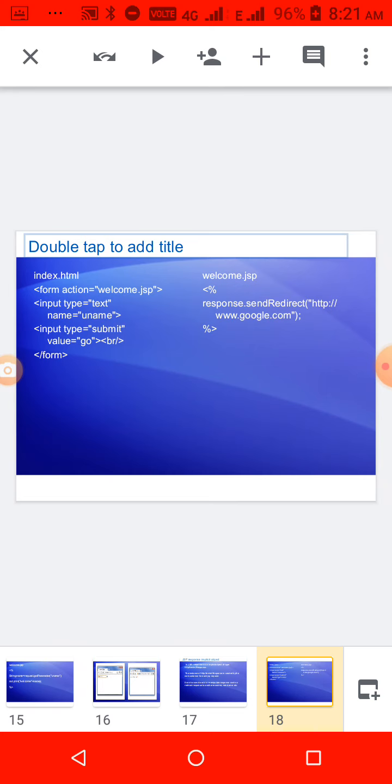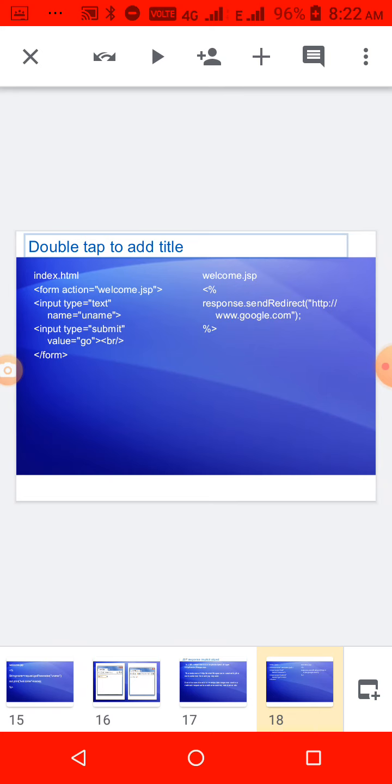Here also there are design pages. Wherever I am explaining index.html, that is the design page, and then one more page is given here, welcome.jsp. Two files are there: index.html, the design page, and welcome.jsp, the response. In the response, what is written? response.sendRedirect to another website name, google.com.